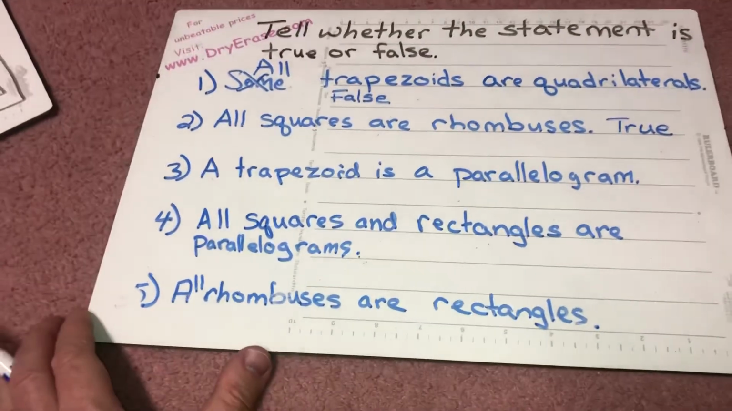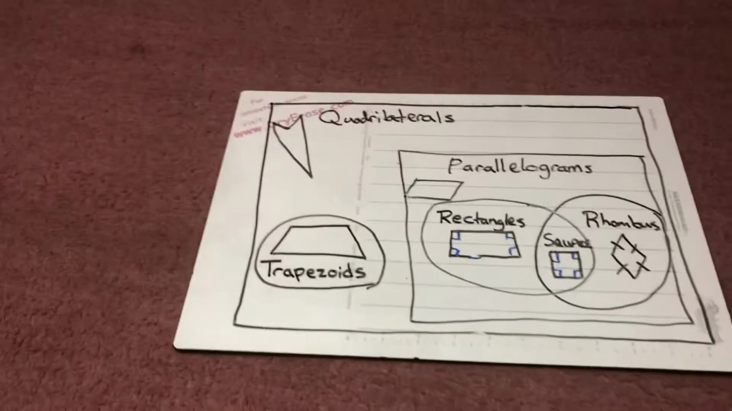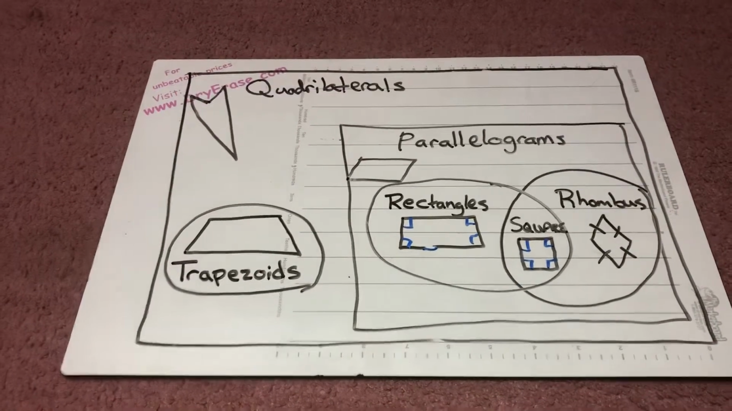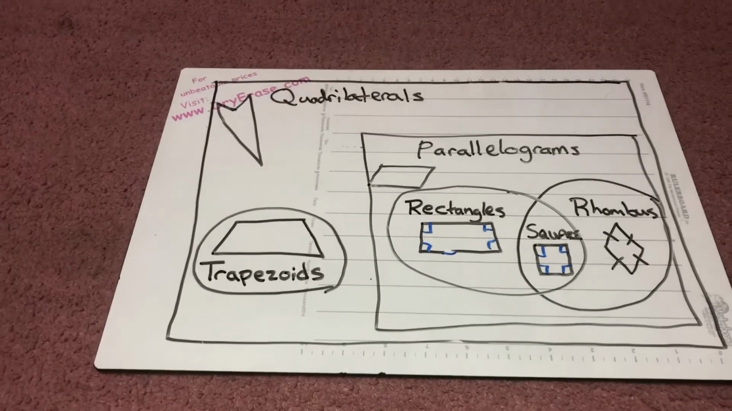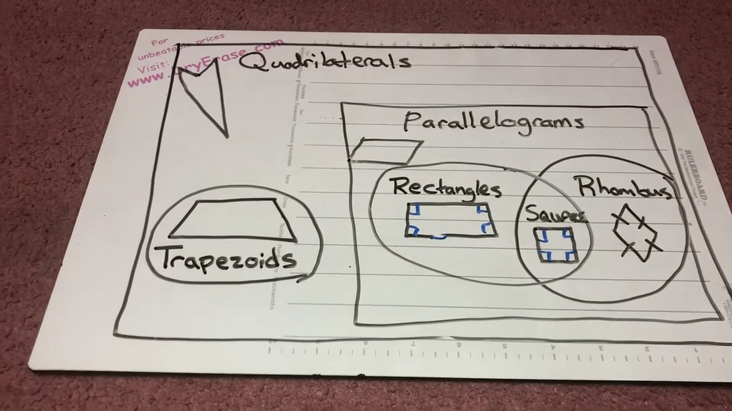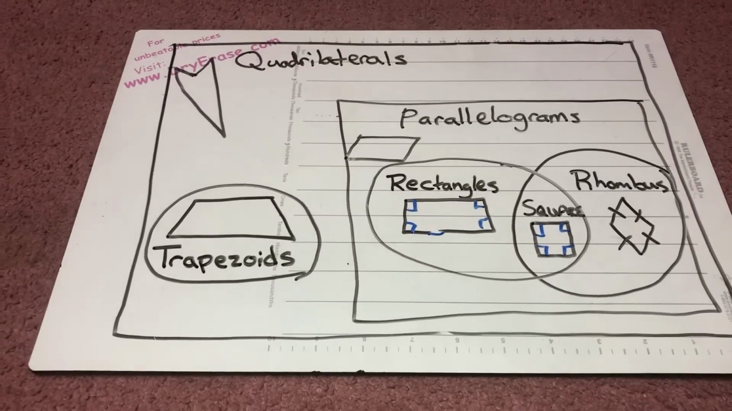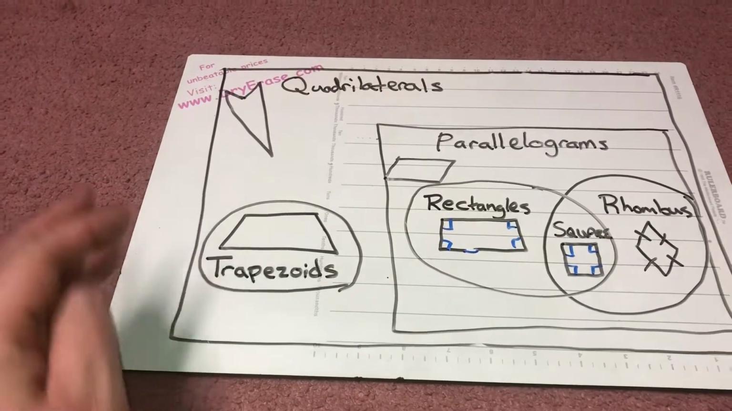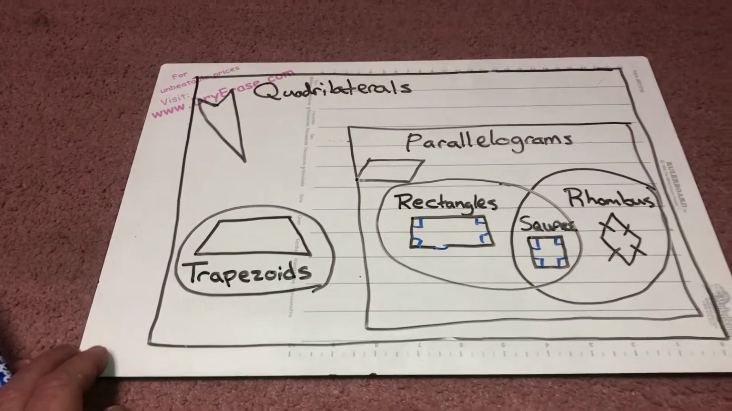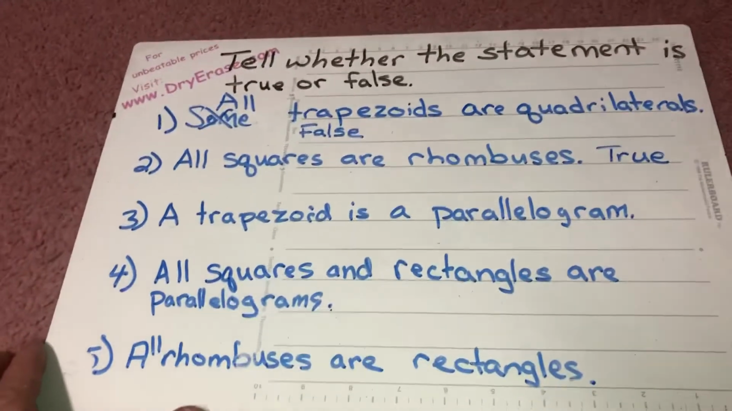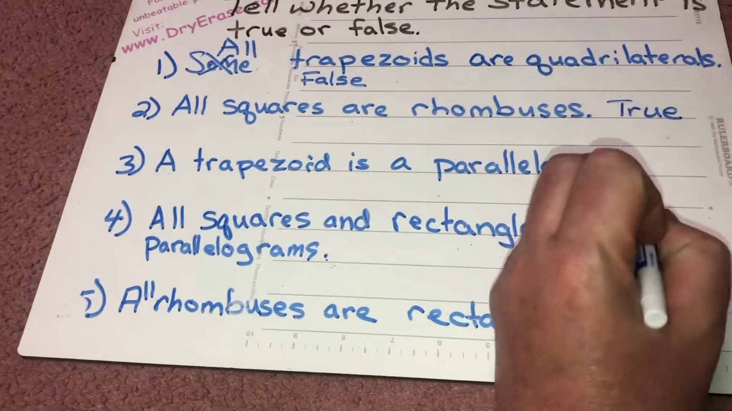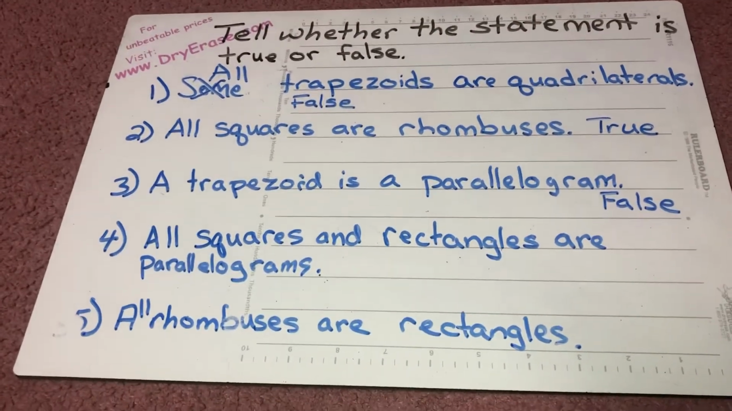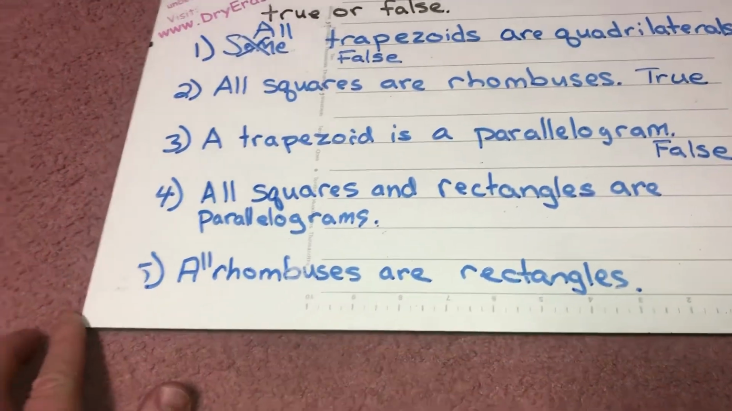A trapezoid is a parallelogram. Well, if I look at my Venn diagram, I see the trapezoids are all out here by themselves. And I already differentiated what parallelograms are, because parallelograms have 2 sets of parallel sides, where the left and the right are parallel, the bottom and the top are parallel, but a trapezoid only has 1 set of parallel sides. So for this to say that a trapezoid is a parallelogram, that is most definitely false,